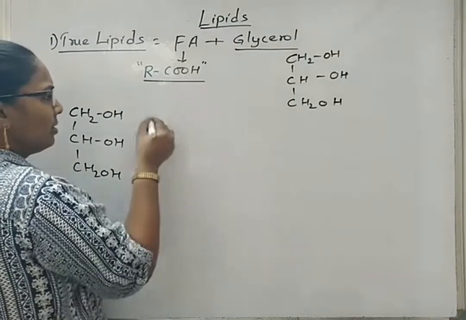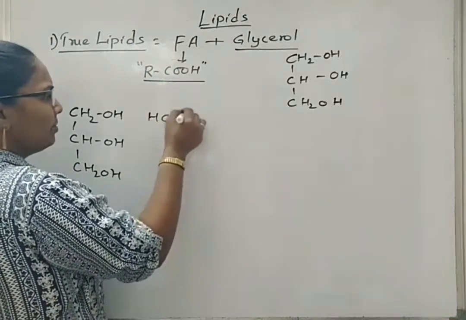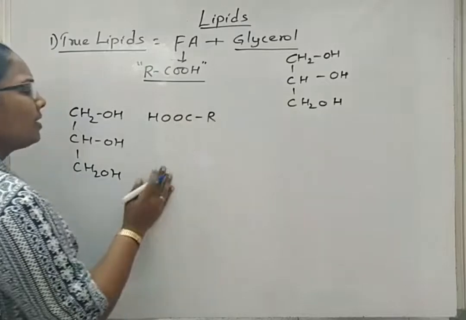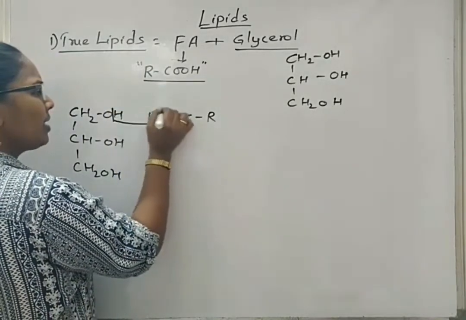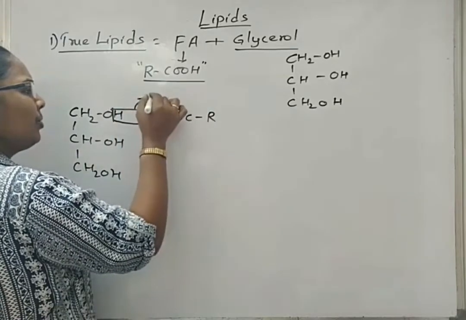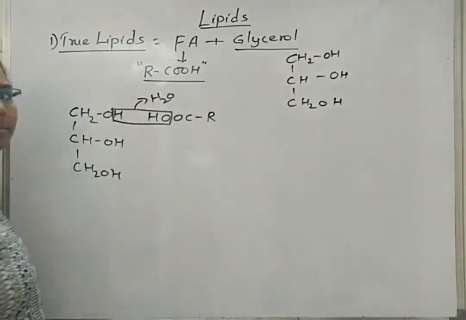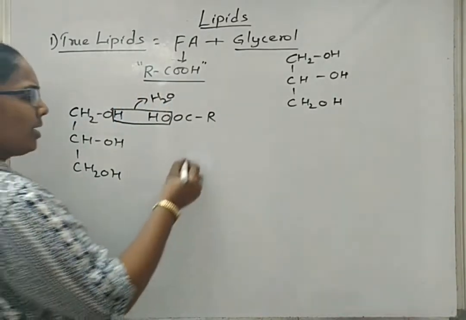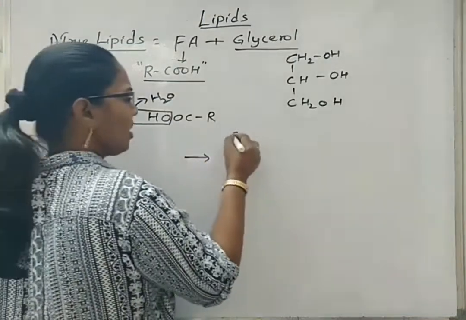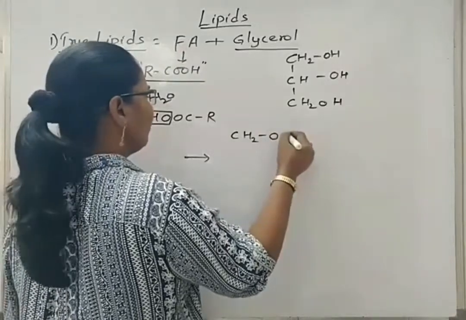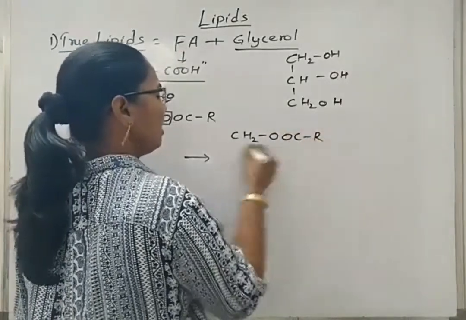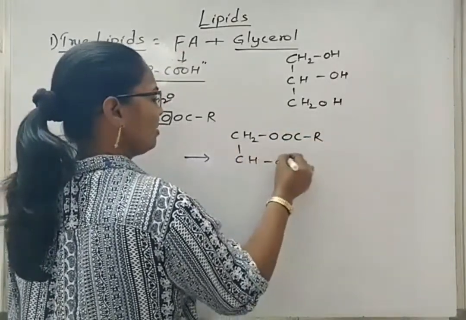Now we will write the fatty acid like this for our convenience. Then hydrogen plus hydroxyl group is removed in the form of water, and an ester bond is formed. Then the compound looks like CH2OCOR, CHOH,